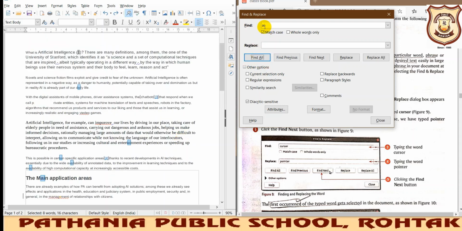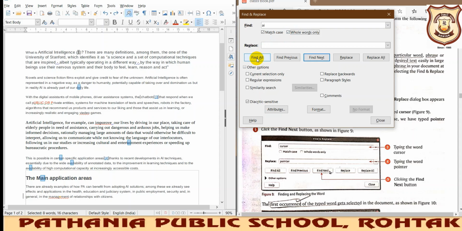You can see AI, although by AI I mean artificial intelligence, but this AI can be a part of any word also. In daily, AI comes; in entertainment, AI comes. So if I check whole words only, it means AI should be a complete word and not a part of any word. If I check it, I want AI to be independent, and that too in small.